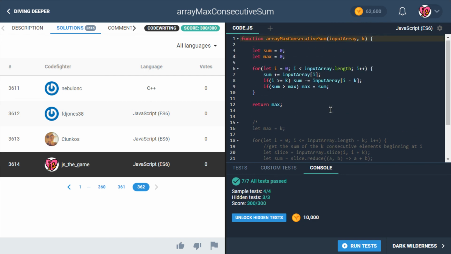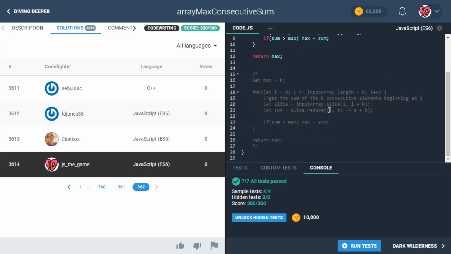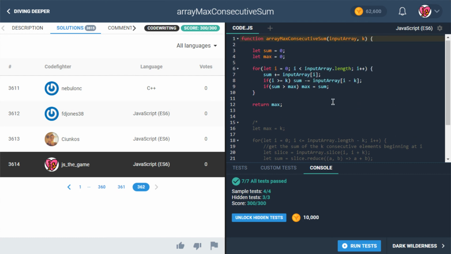I think there's probably a way we could do this that involves slices and stuff like that, but I think this is probably the best way to do it. I can't really think of a better way, with less space complexity or less time complexity, because this is just looping through the array one time. It doesn't get much better than that. Okay, so we'll finish there for this one, and we'll move on to